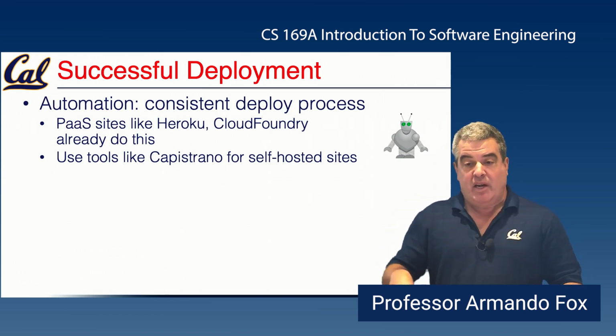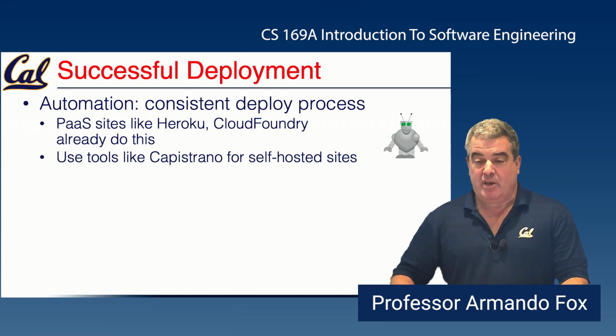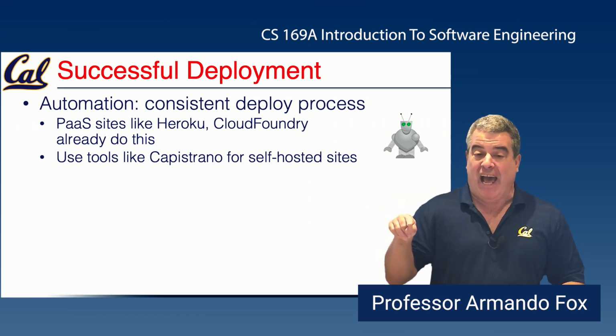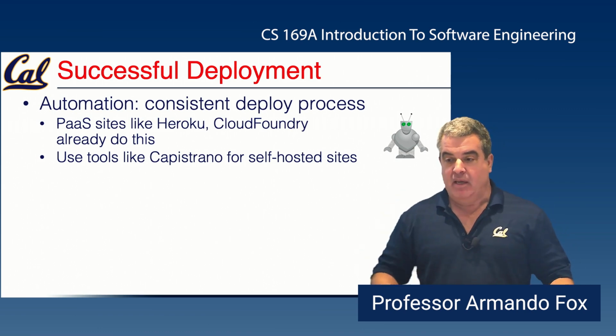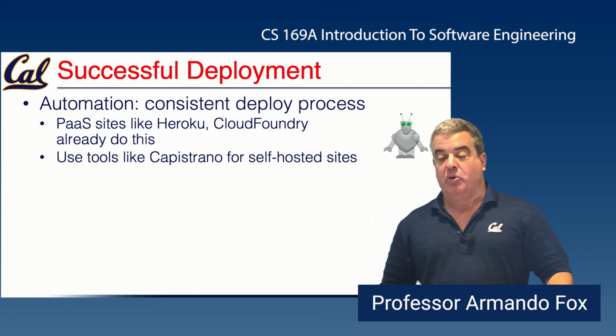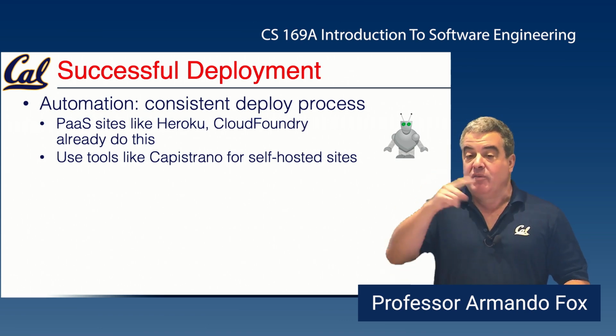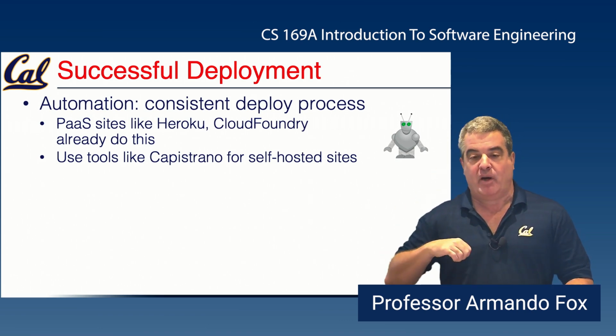And Heroku even has a button, although many of you, maybe in this class, haven't used it, but one of the Heroku pages actually has a button that says roll back. So if your app was working and you pushed a new deployment and something broke, there's literally a button you can press, and within 15 seconds, the previously deployed version of the app is back up and running again.